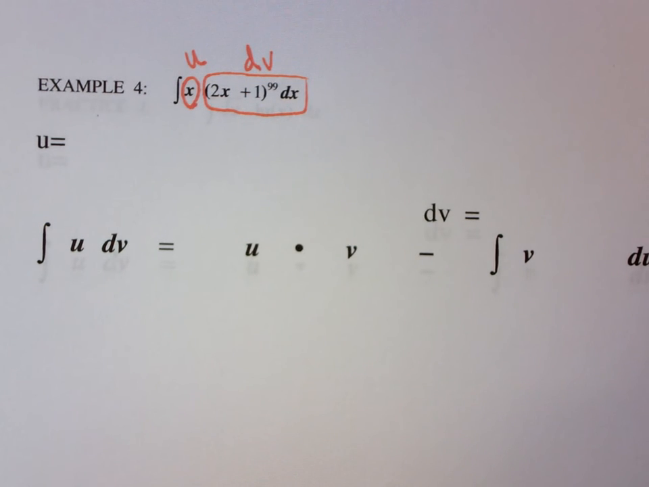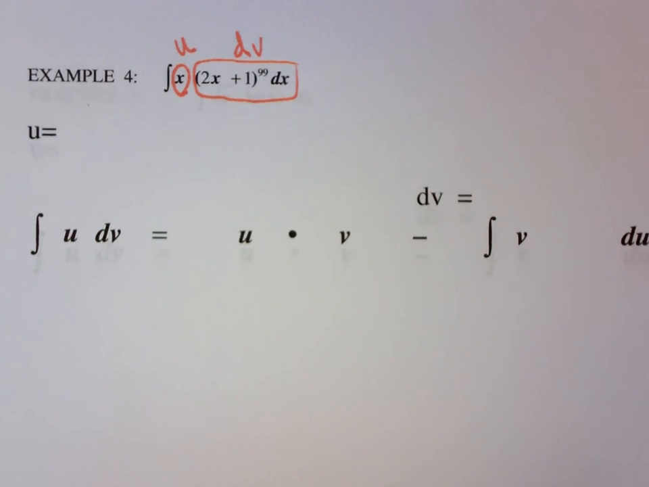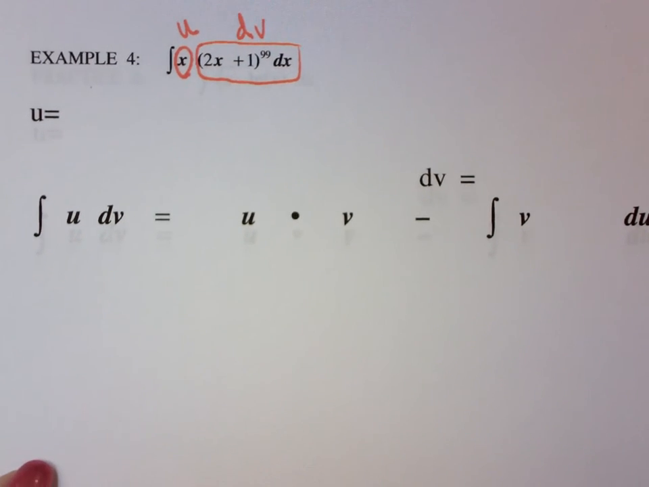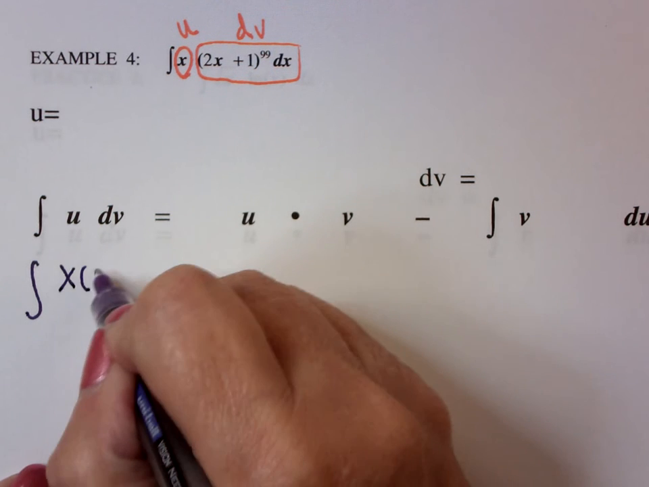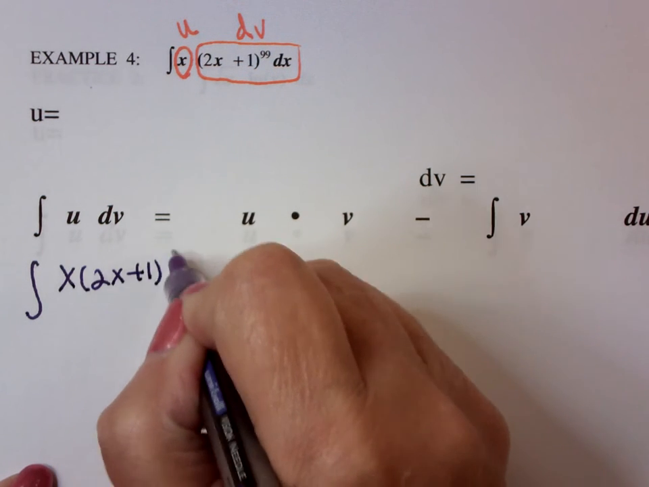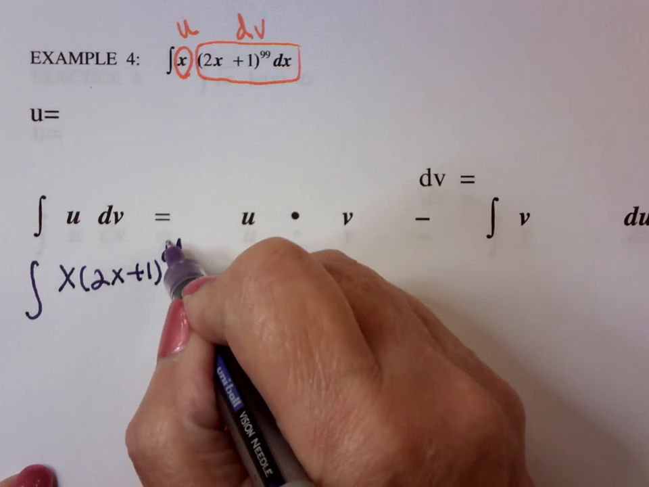And this is where I'll drive Travis crazy, because now I'm going to have u's in different things. Well, there's u's and du's in both of them. So this is the integral of x times 2x plus 1 to the 99